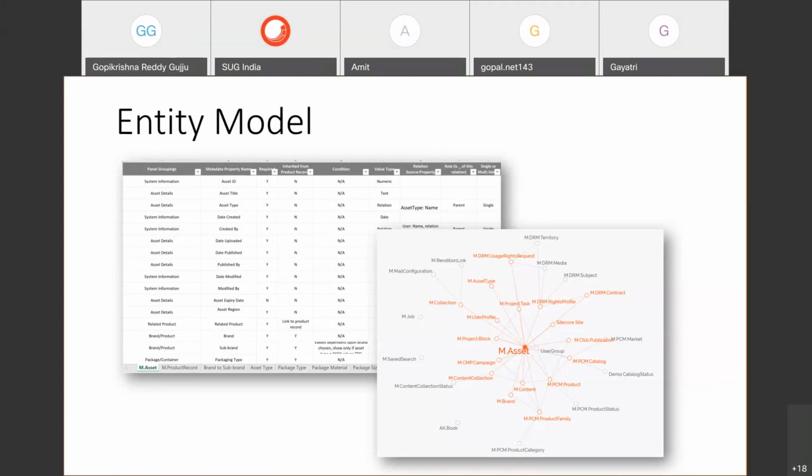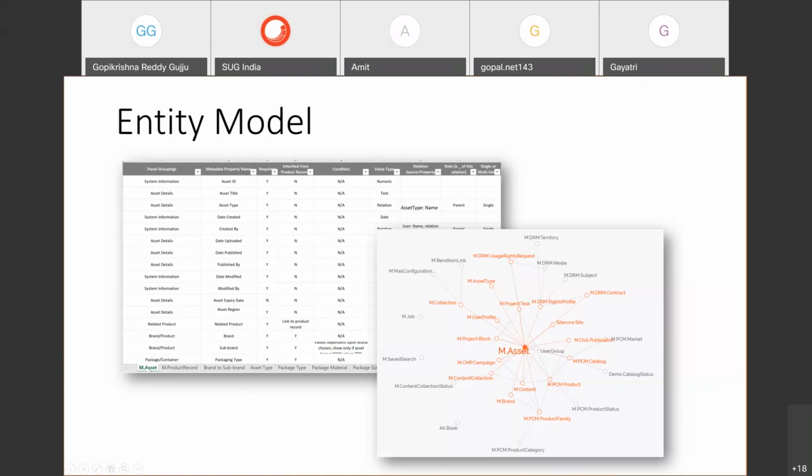Whenever we come up with the entities, in whichever tool we create those diagrams, entities, and relations, the Sitecore value services team gives us a template Excel sheet and asks us to fill in this template and give it to them. They would then create the entities in the Content Hub. So it's quite a task to create all these things.